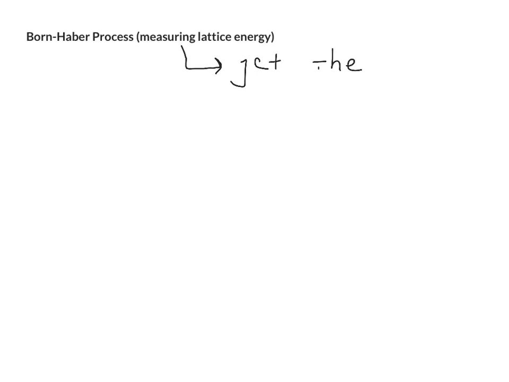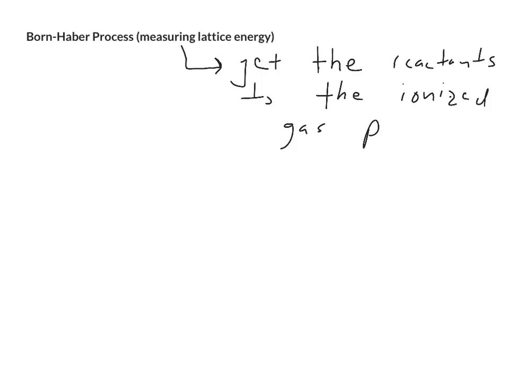to get the reactant to the ionized gas phase. Ionic compounds are composed of ions, and the lattice energy is measured whenever you have ionized gases combined to form an ionic compound. So, for example,